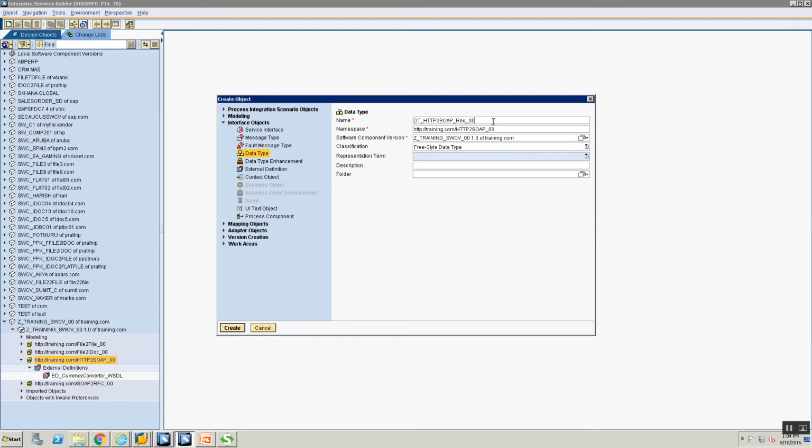Why do we need request and response? Because it's a synchronous scenario. We need two data types, one for the request and one for the response. So I've called the data type request underscore 00.